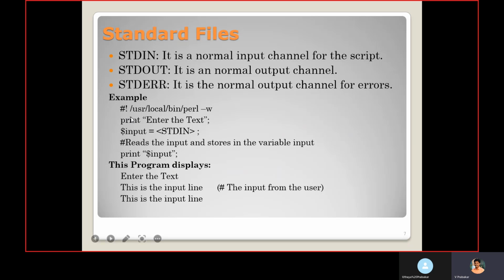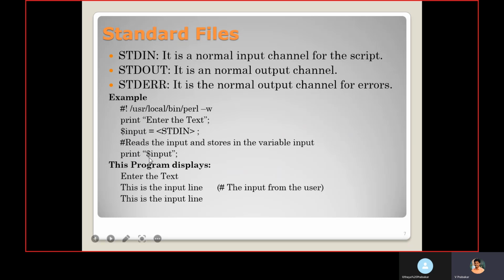Here in this example, we are printing "enter the text". Then, using STDIN, through this input channel, we are receiving the user input and assigning that value to this input variable. To store a scalar value, you should use the dollar sign before the variable. So whatever we give in the command line as user input will be stored in the input variable.